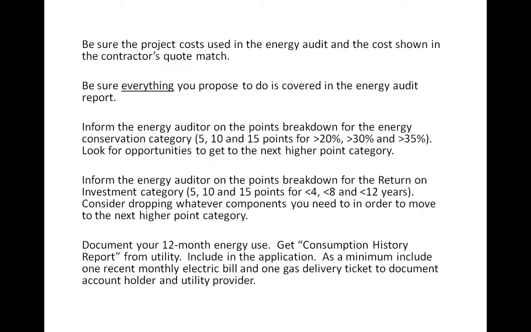And one way they can do that is normally you look at the energy use, your energy consumption expenses for the most recent 12-month period. But if you know that your energy costs were higher, if you look at it over a 24-month or even a 36-month period, then provide that information to the energy auditor, and that may kick you over the next point, or below the next point category, is what you're looking for. It's okay to use more than 12 months if you need to.